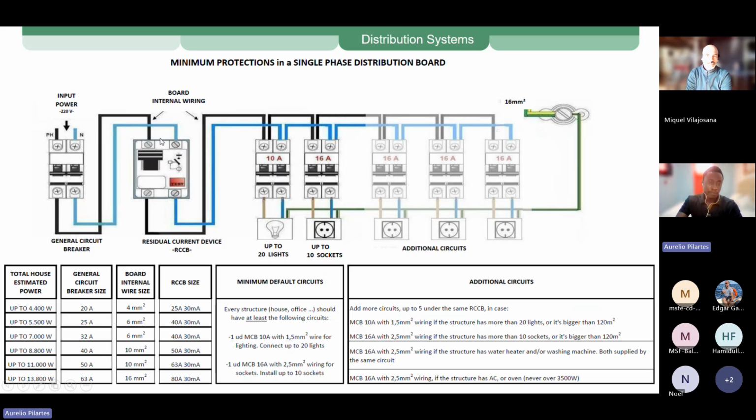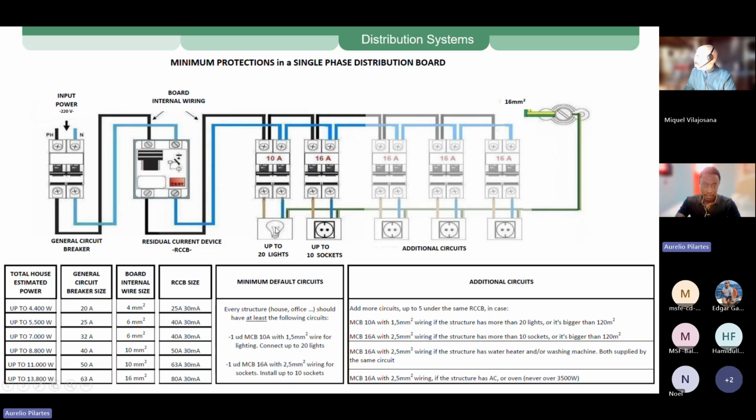So many times we will find the RCCB first, and then the MCB here, and then from the main MCB all the other devices, which is not the right way of doing things, because in the installation this MCB here is the one protecting the RCCB, not the opposite. So you should always put the RCCB downstream the MCB. And then you have the entire circuit, all the sockets and everything.